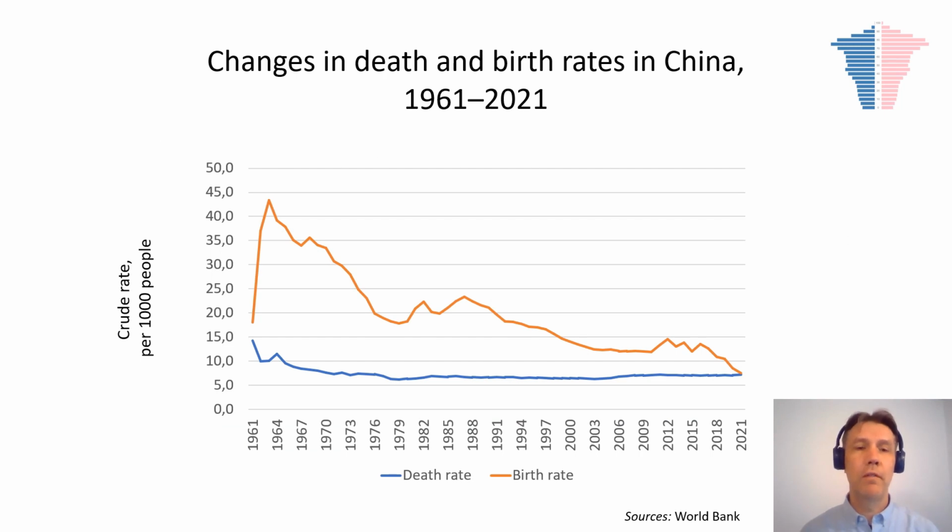Of course, during the famine, death rates went up and birth rates went down. But overall, what we see from this graph is that death rates have been low and life expectancy started to grow in China. And with a time lag, it has been followed by the decrease of fertility. And this pattern overall is very similar and repeats from country to country.